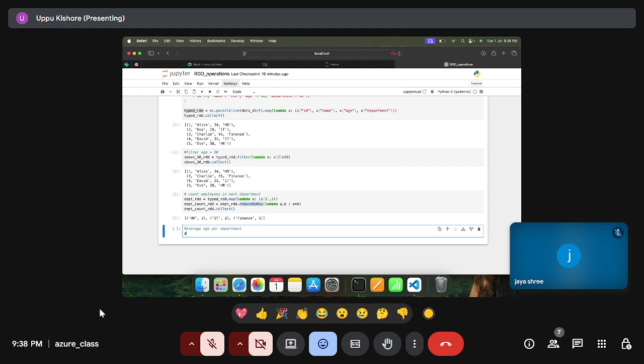So how to calculate that? Department age average. We will create the RDD first. RDD is equals to, first we will get the dot map. In a similar way, first we will get the age values. So here, we have to use the lambda function first. Lambda x colon